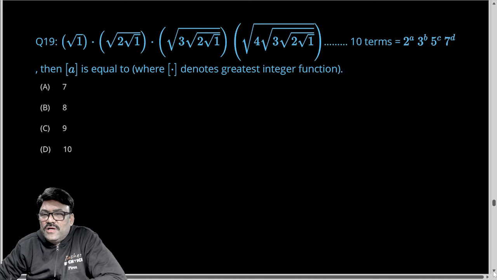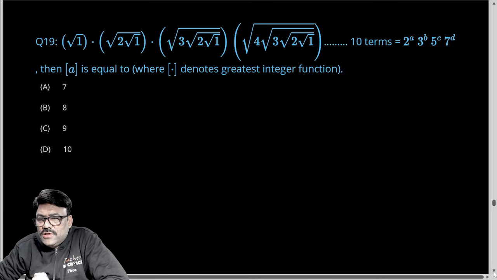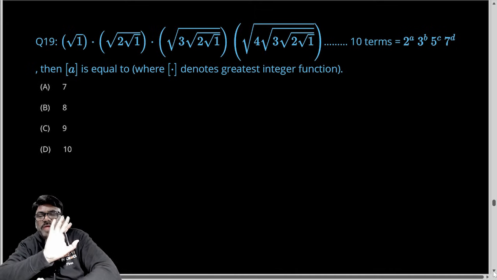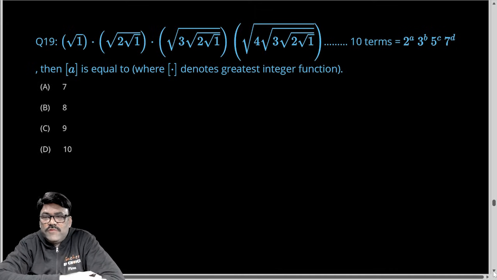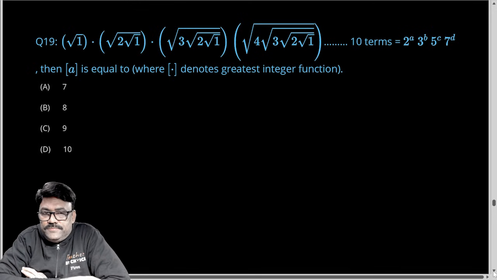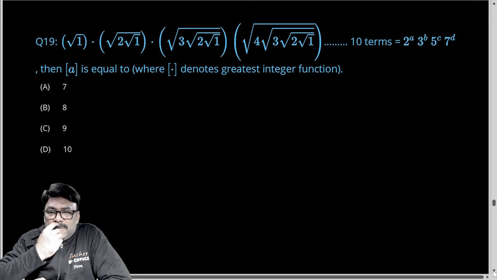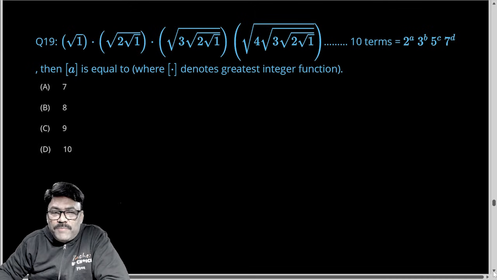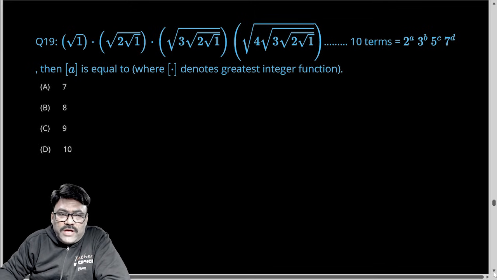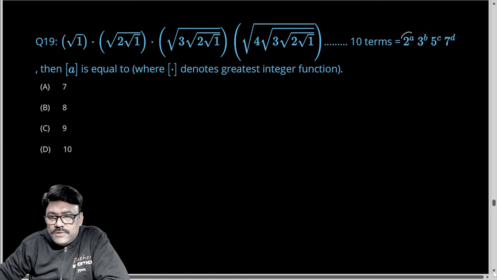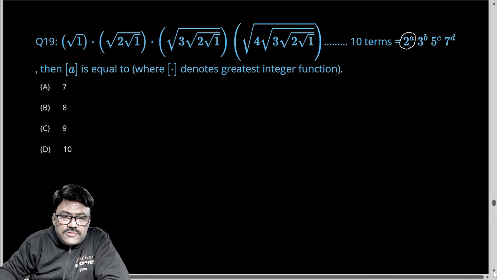So what will be the integral part of A here? It is equal to 2 raised to A, 3 raised to B, 5 raised to C, 7 raised to D. Basically, you need the exponent of 2 in this one. What will be the power of 2 in this one? So this 2 raised to A must be equal to,